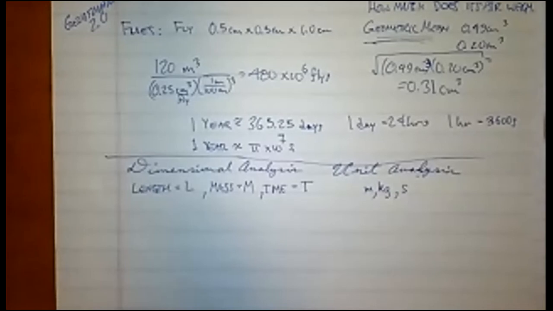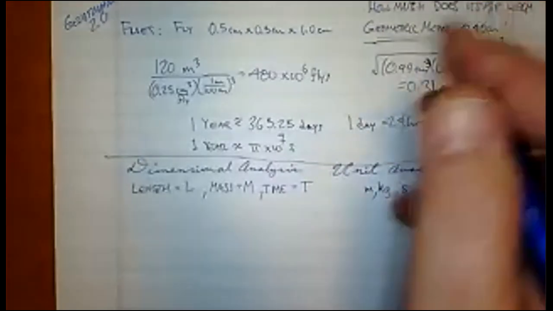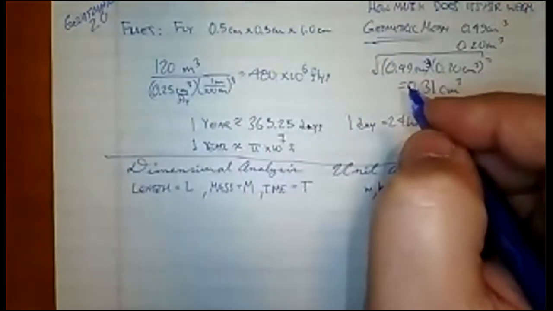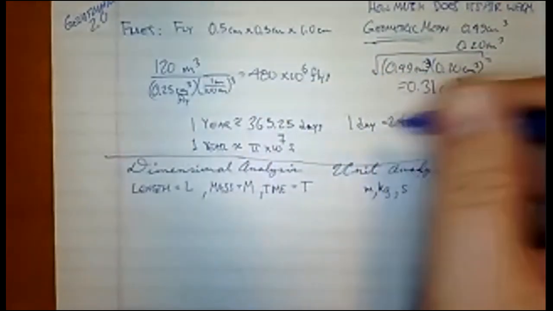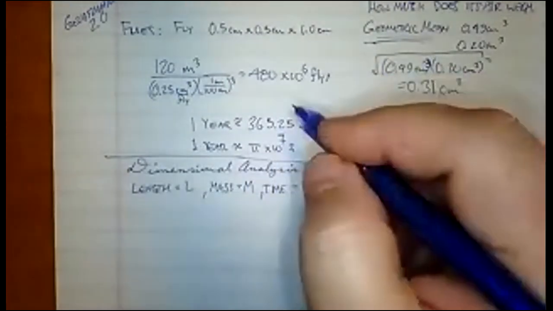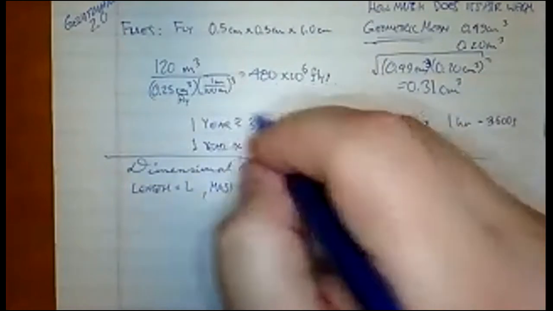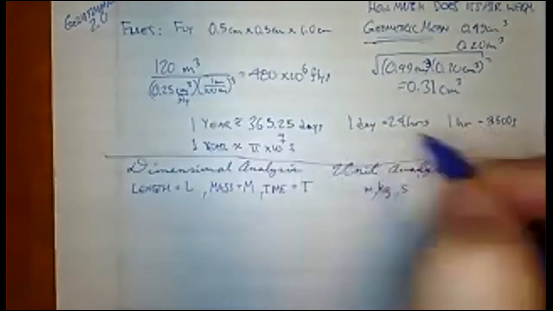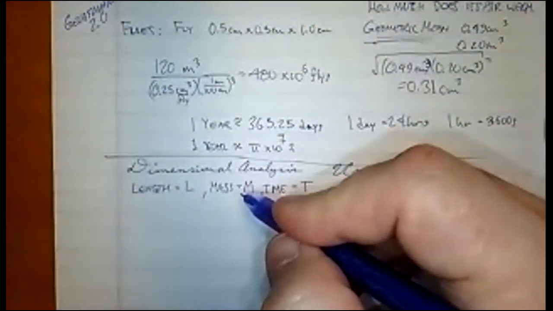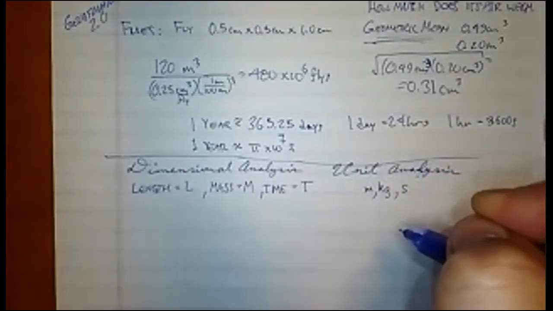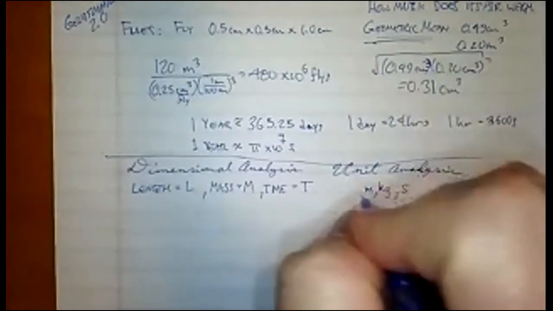We would use capital M for mass. We'd use kilograms for unit analysis. We'd use capital T for time, and we'd use seconds for unit analysis. So the importance of it is that when you have an equation, part of what you didn't learn in algebra is that equation has x's, y's, z's, and whatnot with various units and various dimensions. And since it's an equation, not only do the numerical values on each side of the equation have to be equal, but the dimensional values have to be equal, and the unit values have to be equal. If the dimensions are equal, then the units are automatically equal. So you don't have to do both. It's just a matter of that has to be true.